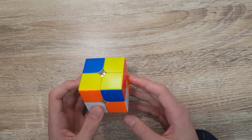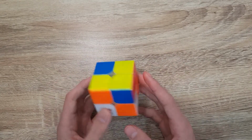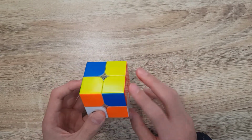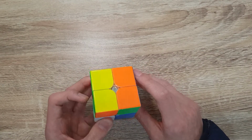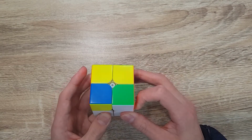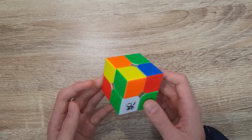In the last case, the corner just solved, but in this case it didn't, so we just keep doing the same algorithm until the corner solves. So do it again. The corner is still not solved, so we do it again. Okay, so now we are on to